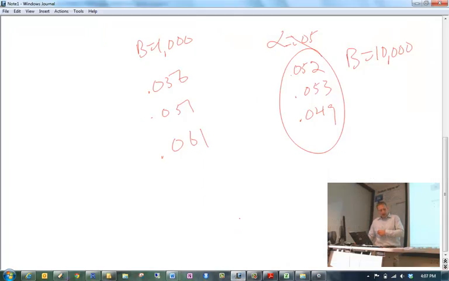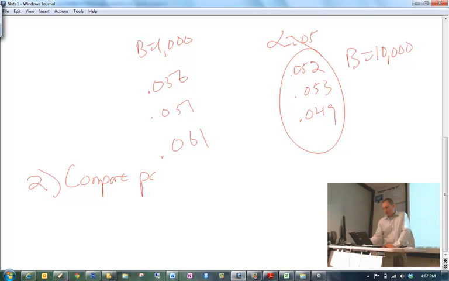Okay. Then the second thing that I want to do is talk about how to compare performance of the different confidence intervals. All of you did a good job with the actual numerical calculations, but the comparison, I graded very leniently. The comparison wasn't always as good as I would have hoped. In particular,